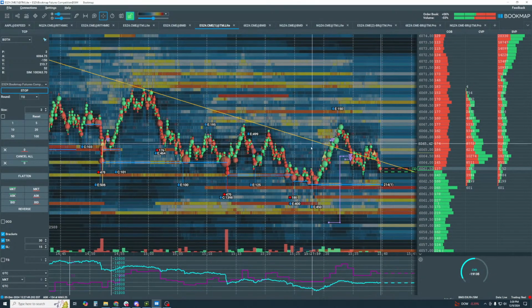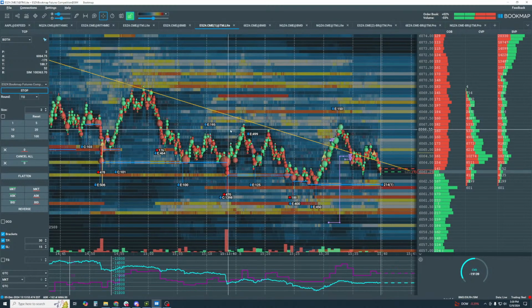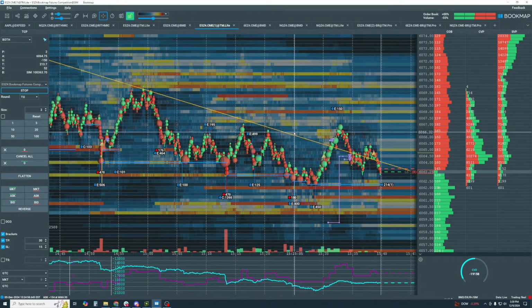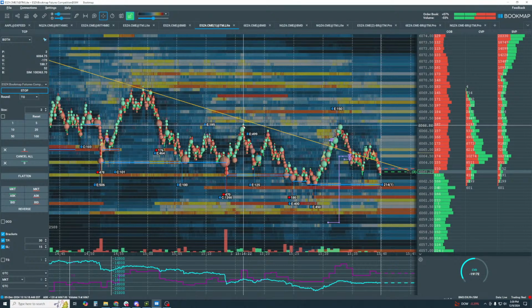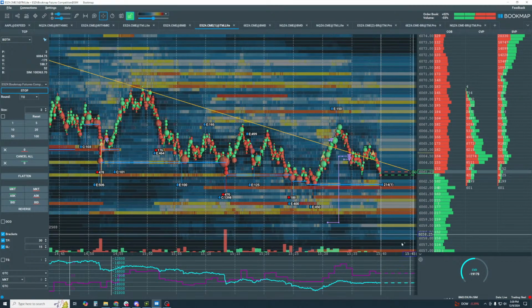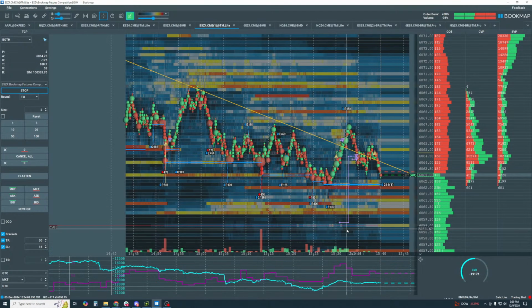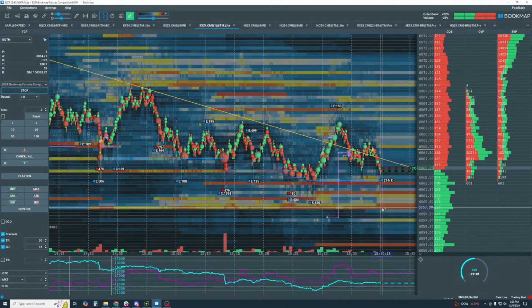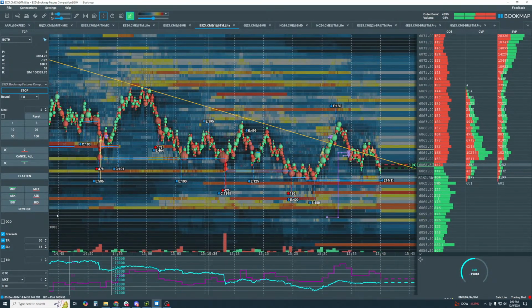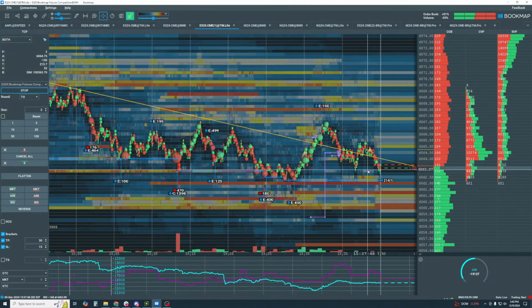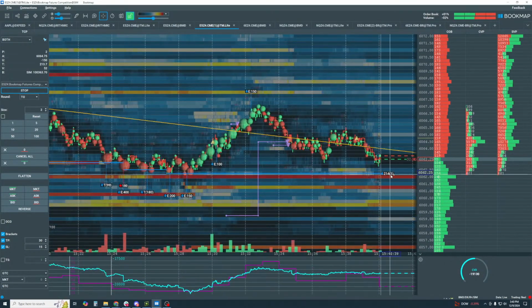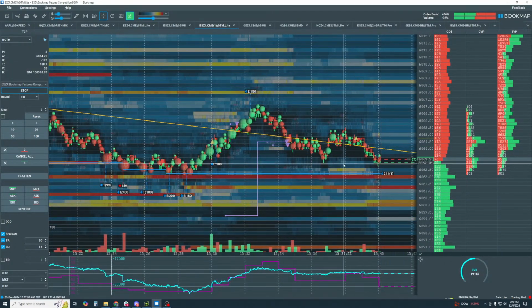I'm not sure about that yet, but we do see some buying starting to come in, but it did not break the structure yet. It did break the trend line, but it did not break this horizontal structure. All it did was test the high here. That's it. All right, so we're in 2, and if I see something good in here, I might want to